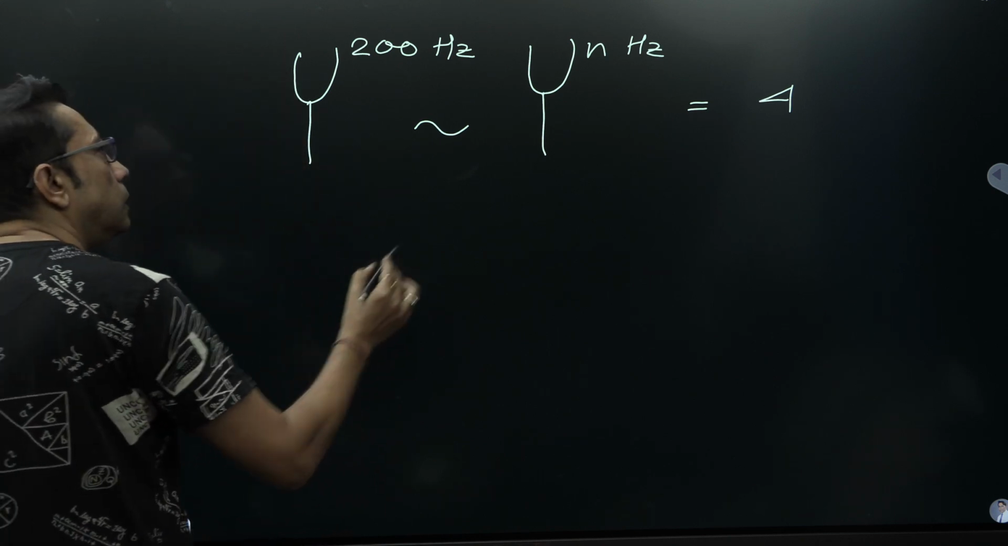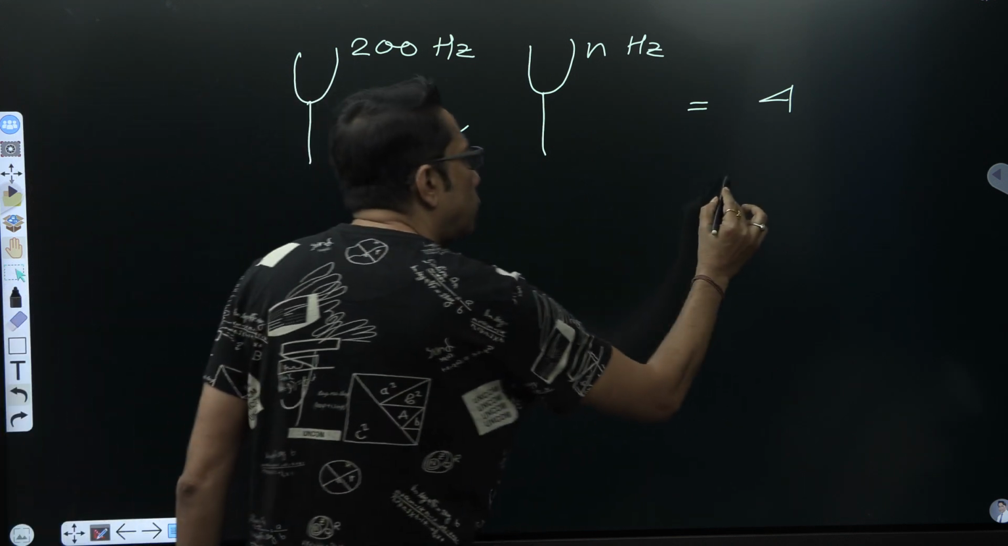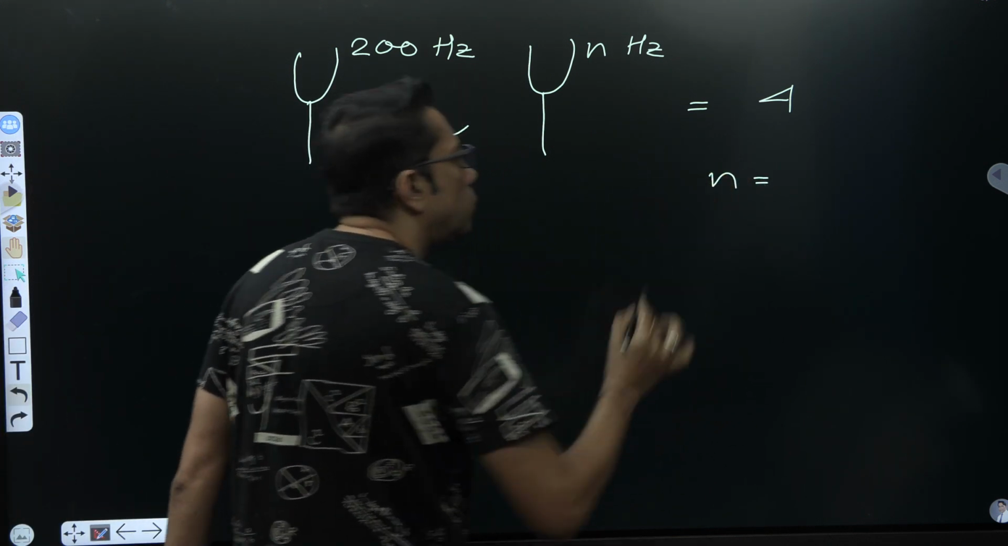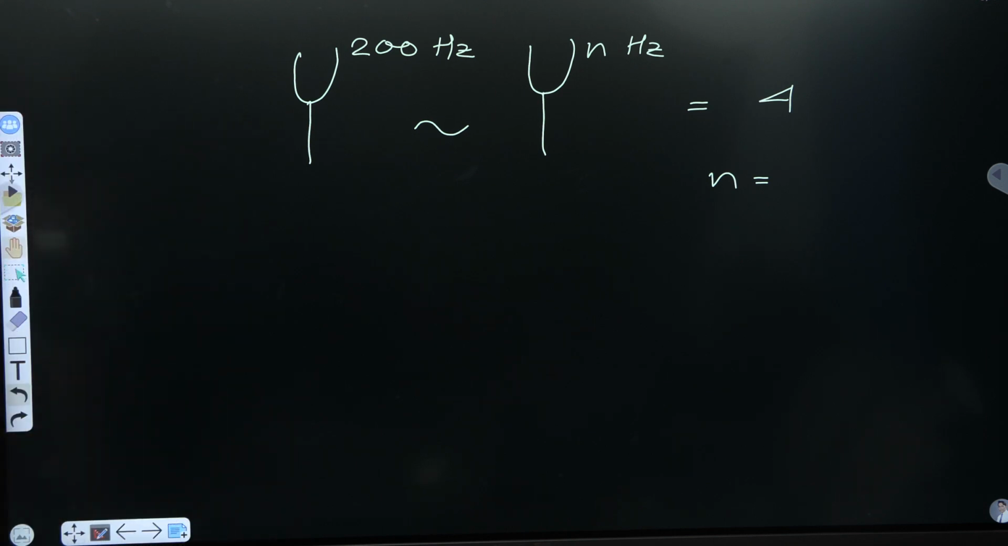Okay, so this unknown frequency, n, should be how much? Can anyone tell me? বলতে পারবে n কত হবে? একটা ফ্রিকোয়েন্সি 200 হার্টজ আর একটা n হার্টজ, তাহলে এদের মধ্যে 4টে বিটস হচ্ছে পার সেকেন্ডে, তাহলে n এর ভ্যালুটা